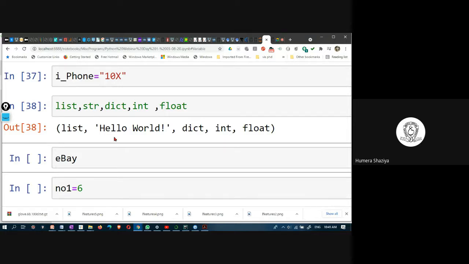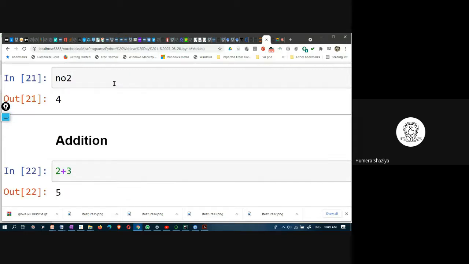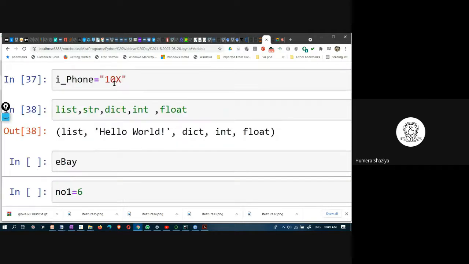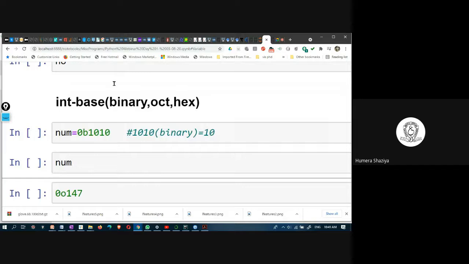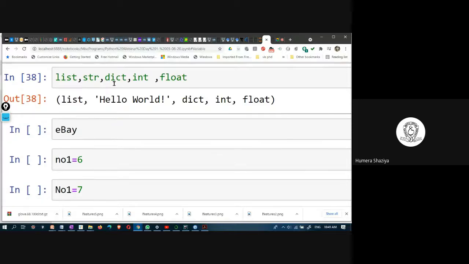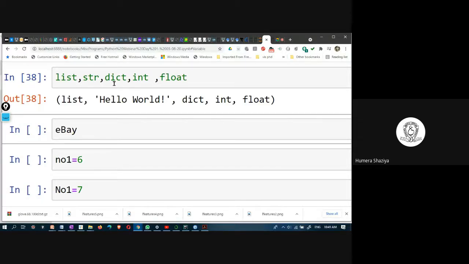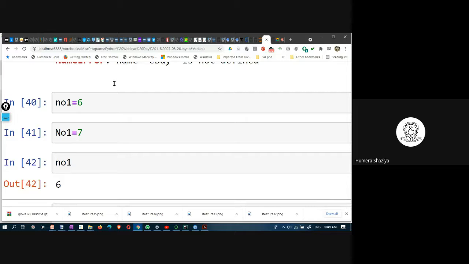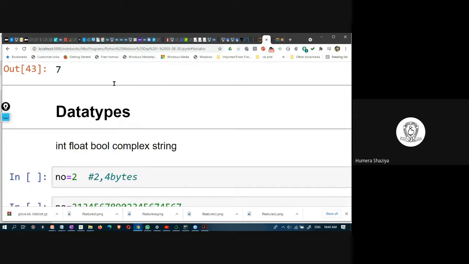We have created str and I think others also have been created. Here it is giving an error because it is not defined. Number 1 equal to 6, number 1 equal to 7, number 1 you are printing.